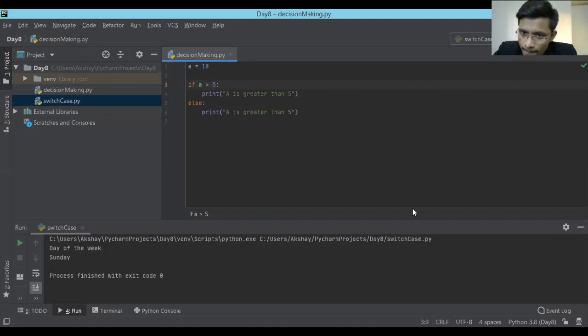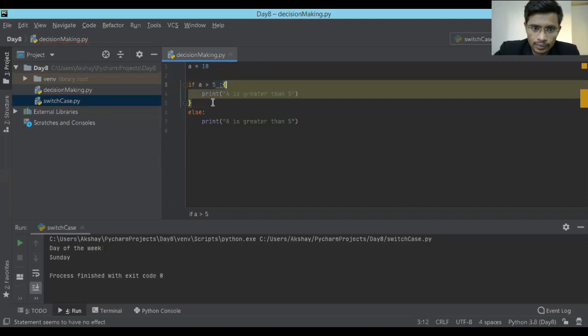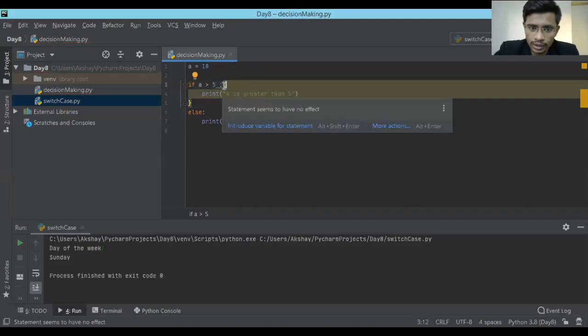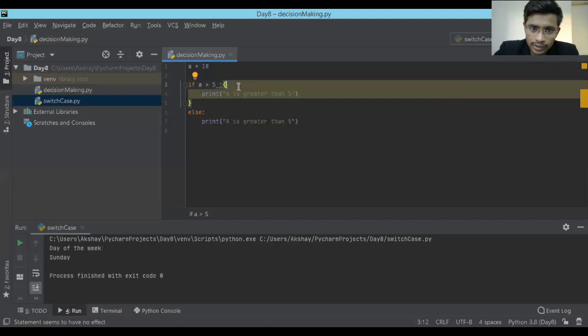Is there any difference using braces? No. Parentheses will not work over here. If you do it like this, it will give you an error. It is not about speed or something. If you use parentheses, it will give you an error directly and will not run your code, so that is of no use. See, if I do it like this, it is working, but the statement seems to have no effect. Yes, it has no effect. I haven't tried it, but it will not work.